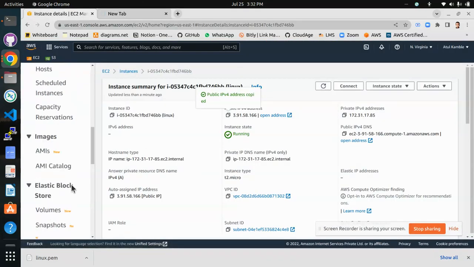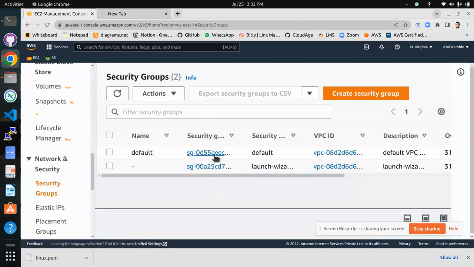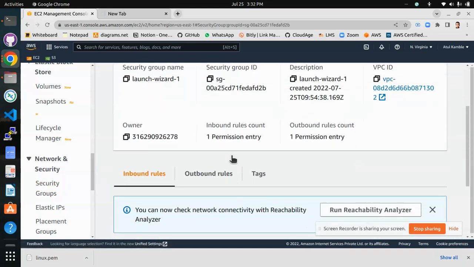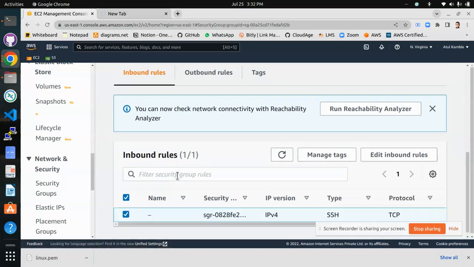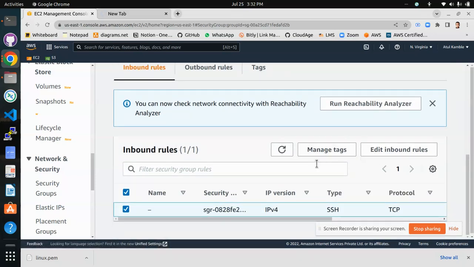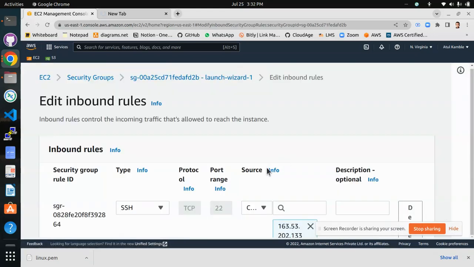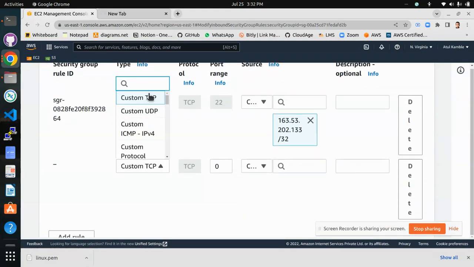So go to security groups here, and the security group that we have created is this one. You can click on it. In inbound rules, you can add a new rule. Click on edit, add rule, and for port 80,